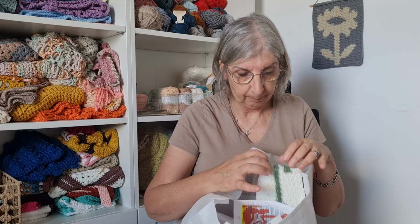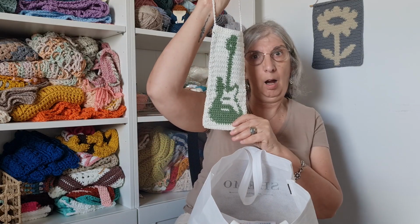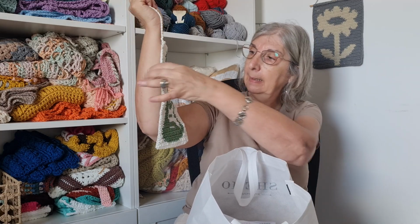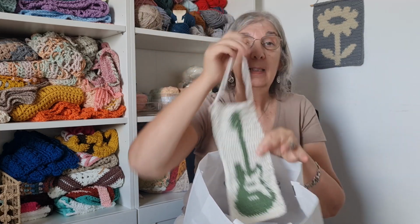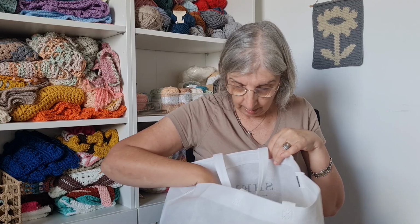So my husband, he loves music and he plays guitar. He's also an engineer, but you know, he has this creative side of him, and he really likes music and guitars. So I am making 3 tapestries with music related things. So this is a guitar. How cute is this? Really cute. These are not my patterns, not my things. I found it on Pinterest, and now I am working on